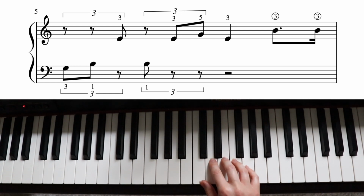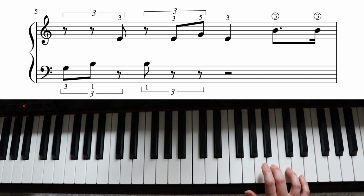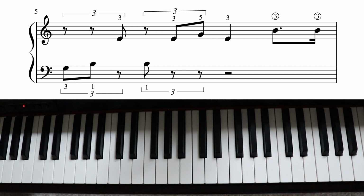rest, and then you're gonna play E, and then you're gonna play E, G, E. And then you're gonna move finger 3 up to this B up here, and you're gonna play B, B. And that's the end of the line. It will only sound right if you go into the next line, but let's go back and get left hand